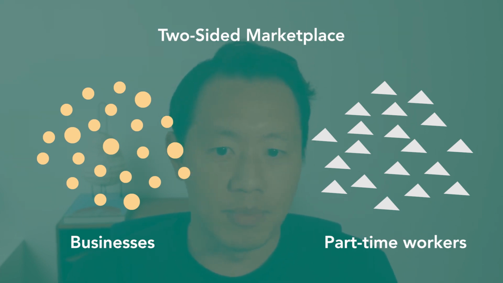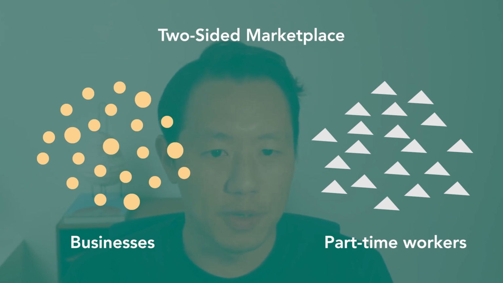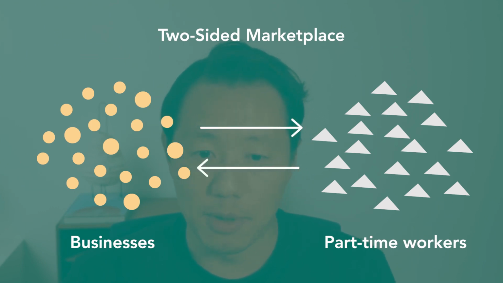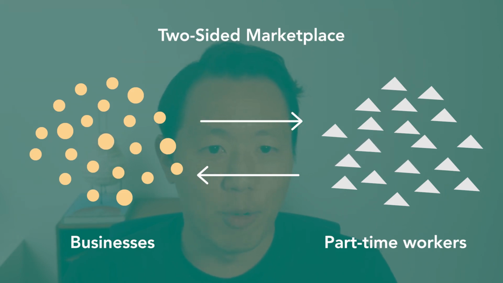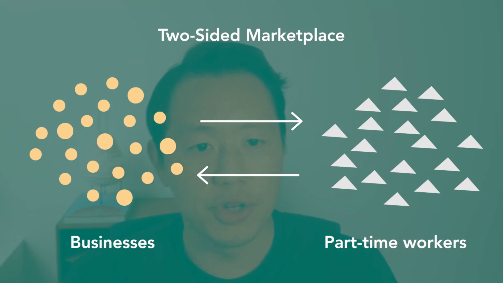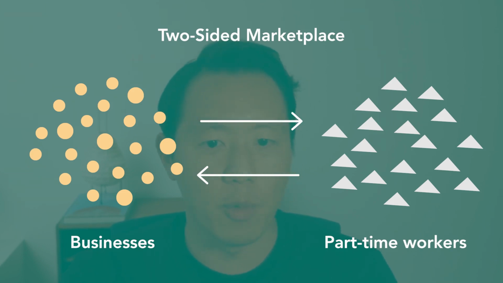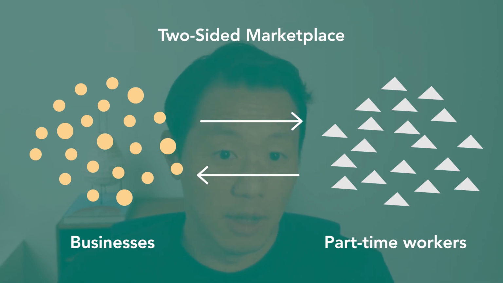And so I wanted to get these two groups of people together and then be able to match them. So if my friend was running a restaurant and let's say it was Wednesday and they needed to find somebody to fill a shift on Friday because, I don't know, one of the regulars dropped out or they needed a little extra help, I wanted to make a product where they could post that job onto a platform. It would get pushed out to a bunch of people who are interested in these kinds of work. And then somebody could indicate that they want to work at that place and at that time and for that amount of money and that kind of thing. And the platform would put them together. And so we would fill shifts.